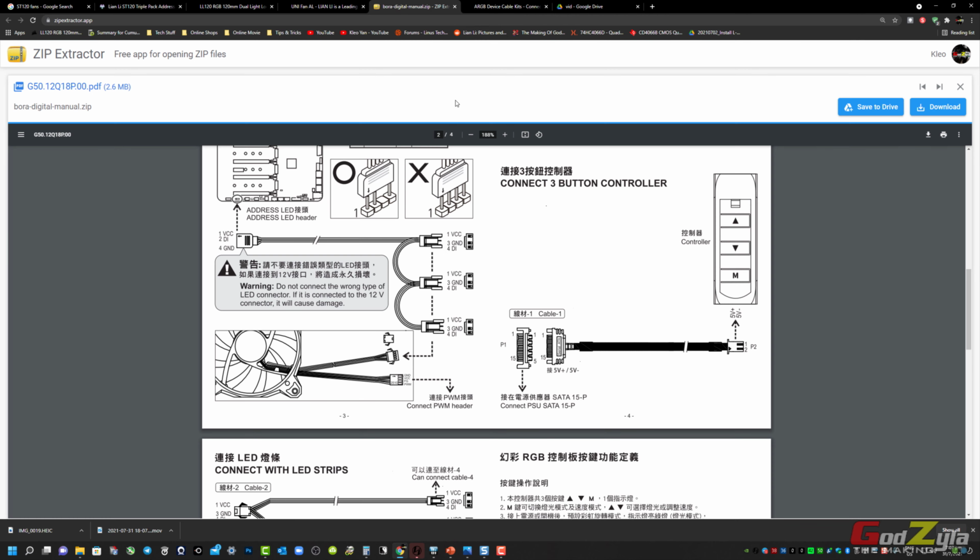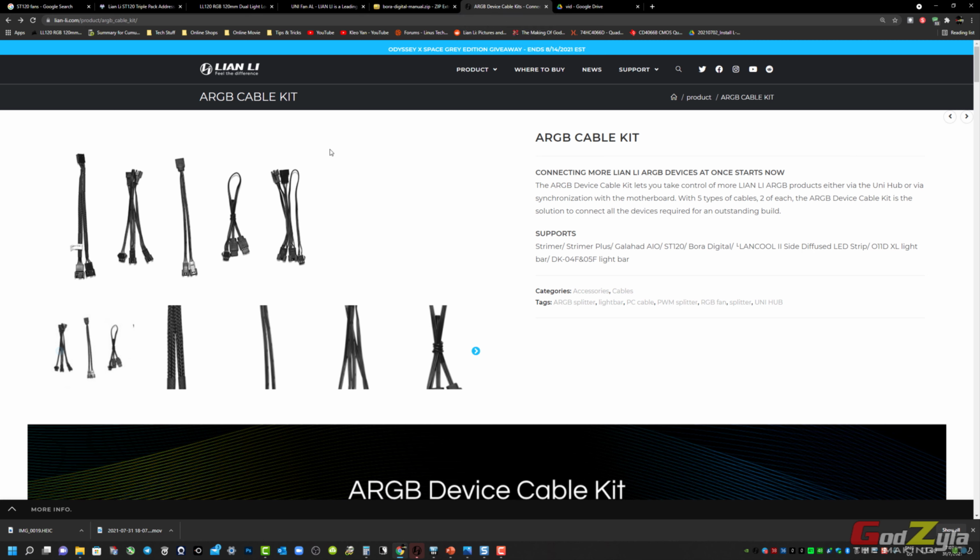If you were to read your manual, this is the Bora manual, you have this specific cable here which allows you to chain 3 Bora digital fans to the standard aRGB connector. This is to your motherboard instead of using the controller provided. So with this said, right, if you are able to get your hands on this aRGB kit, this is meant for you to connect components like the Galahad, the streamers and etc. to